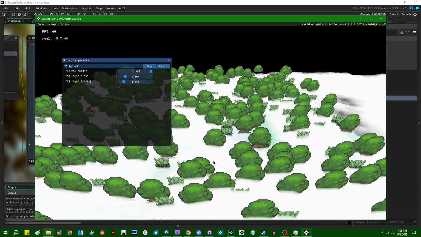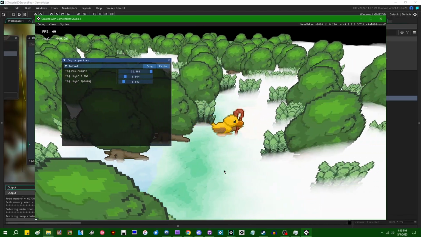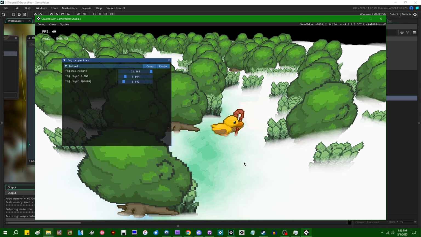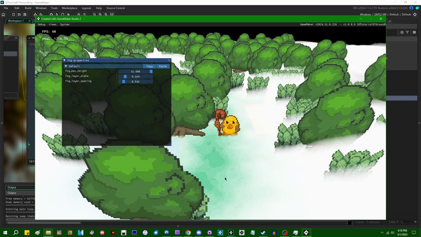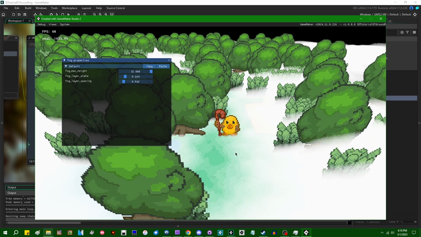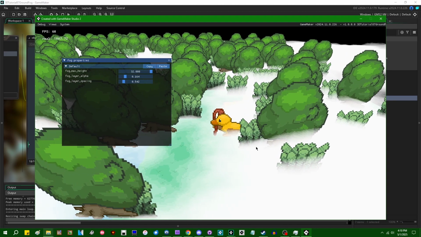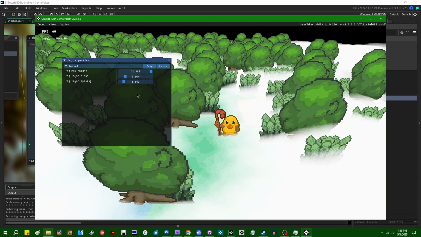and if I walk back over to the low fog section where we were looking before, the banding is a lot slighter. You can still see it, but it's a lot harder to see around things like the edges of other objects, whereas you might have noticed it before. And if we decrease the fog layer spacing more, we can see that the banding goes away almost entirely. If I were to also decrease the layer alpha because we have more layers being drawn,